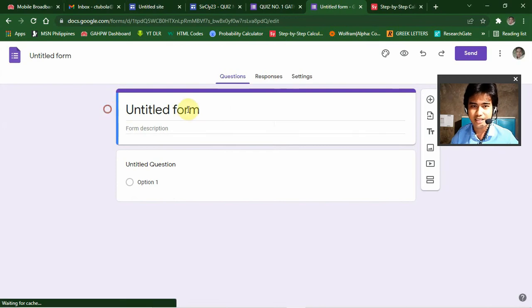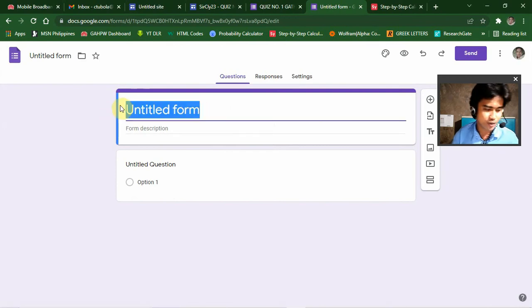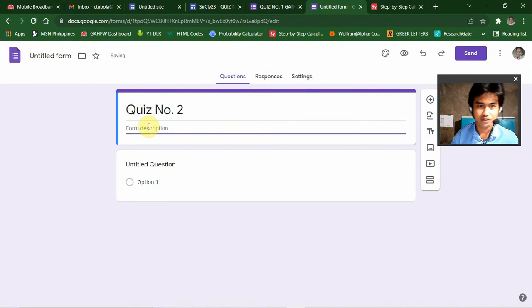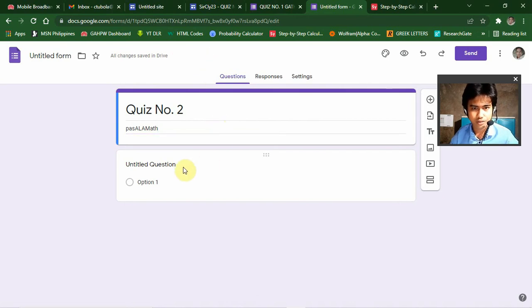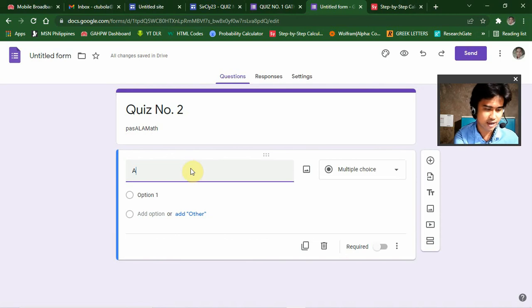So let's say this is your quiz number 2. You can add a description there, pasALAMath, and this would be the answer sheet, right? So we'll just make this an answer sheet. So we'll have answer sheet. Okay,